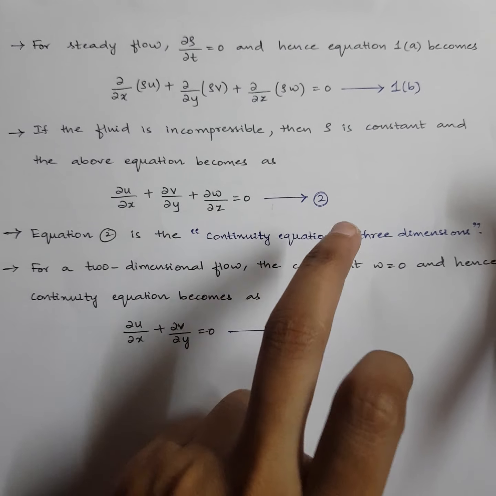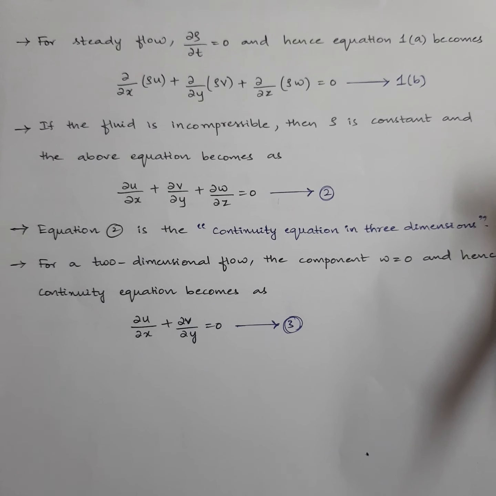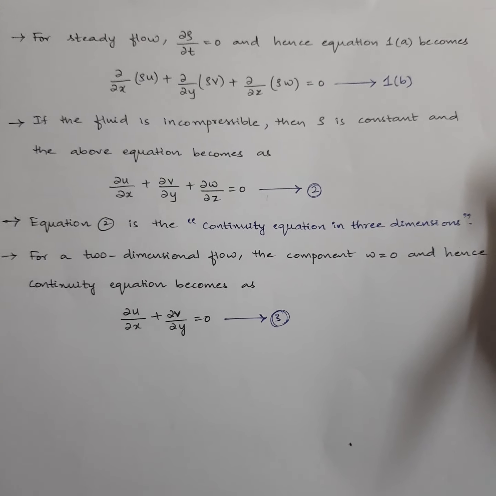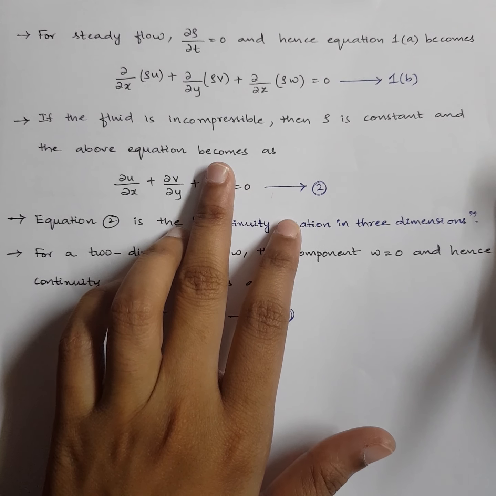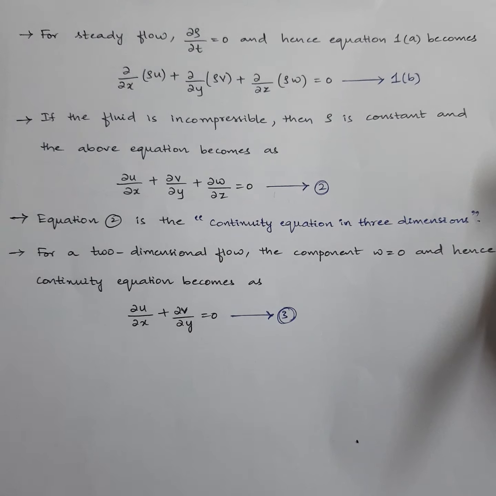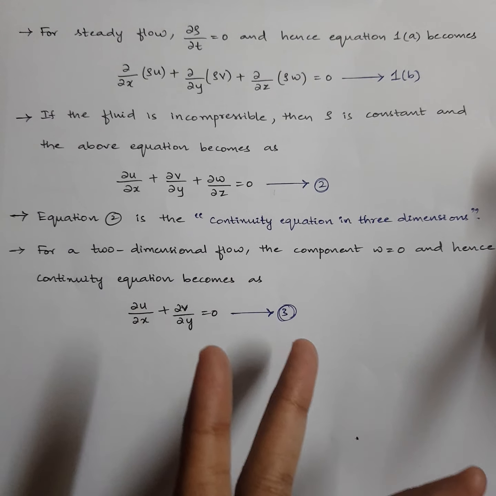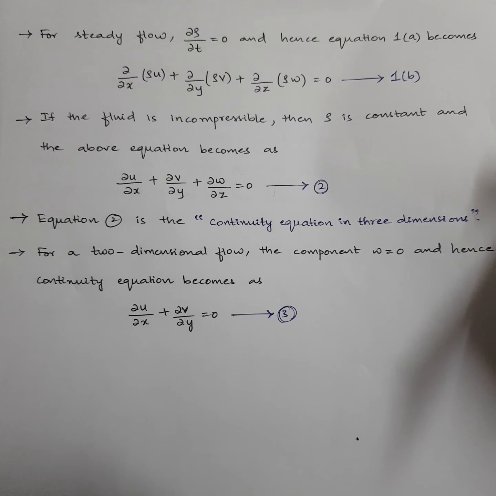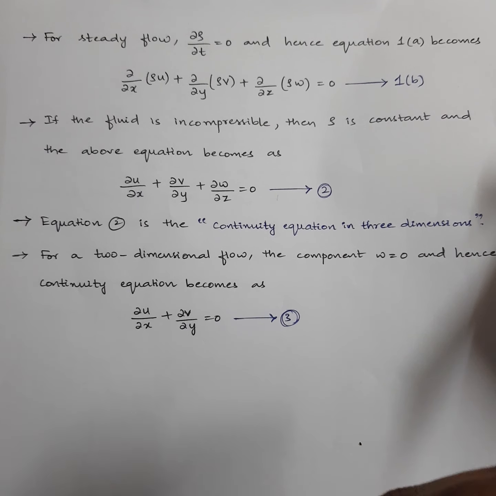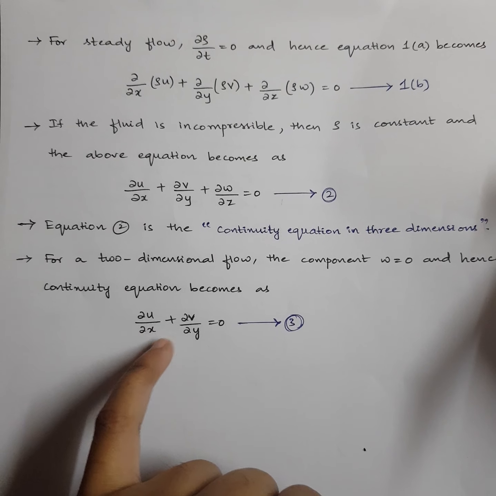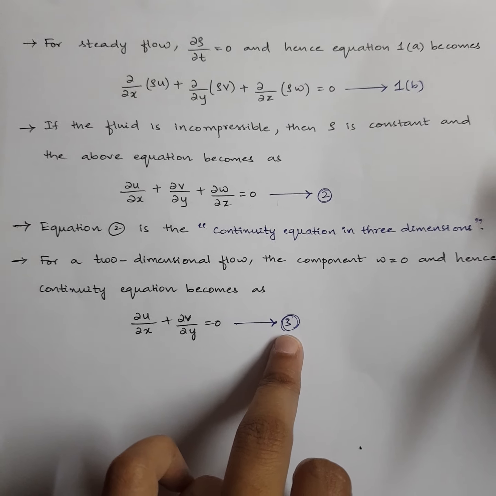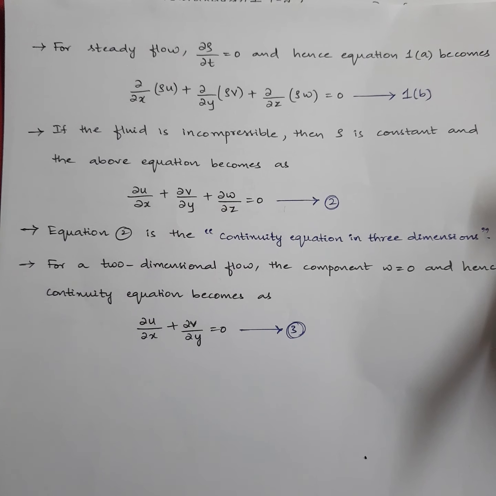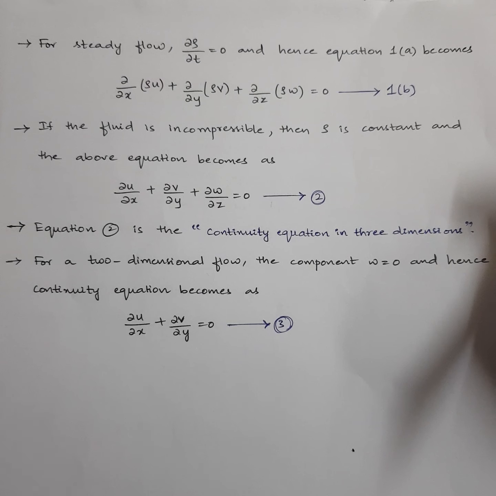This is equation number 2, and this is what our derivation is about. This is the continuity equation in 3 dimensions. And if you want to write this equation in 2 dimensions, just put one of the axes to be 0, meaning since the direction is only in 2 dimensions, obviously one of the coordinates will be missing. So just remove the z axis, then it will become dou u by dou x plus dou v by dou y equal to 0. This equation number 3 is the continuity equation in 2 dimensions. This is the continuity equation in 3 dimensions. So this is how we need to derive the continuity equation.